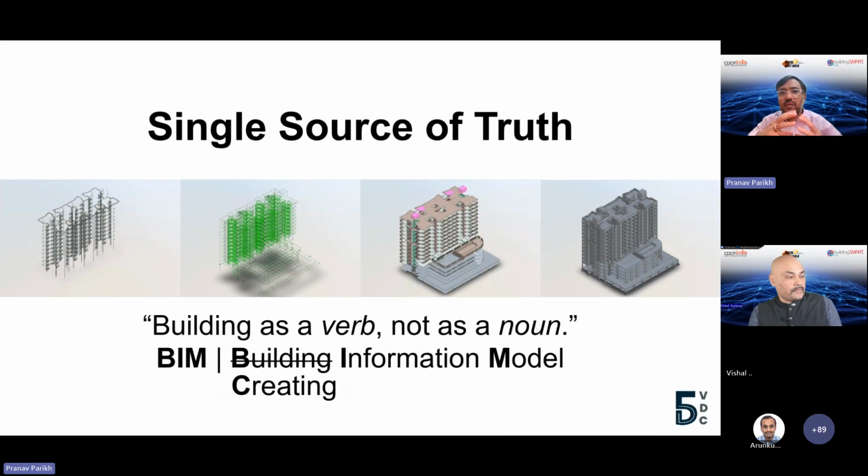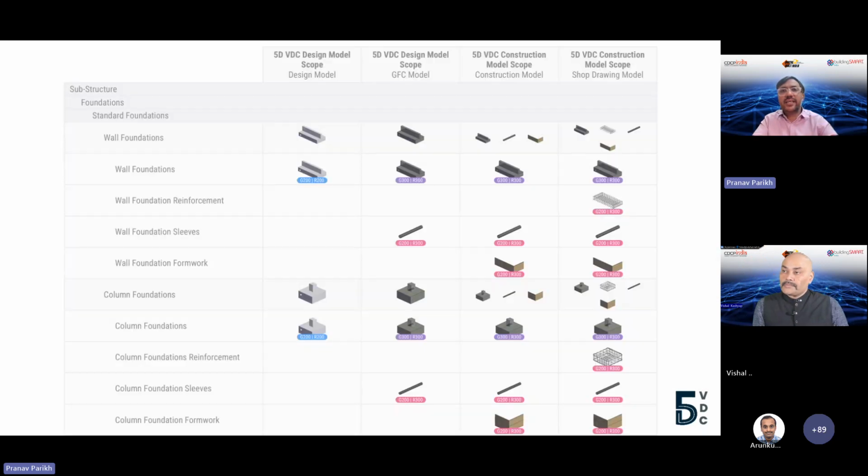Now, we keep talking about single source of truth. So whenever we talk about BIM, one part that we keep on focusing on in BIM, building is a verb. It's not a noun, right? So it's not about building information model as a noun, but it's about creating information model, right? It's not about 3D model. It's about what information I create. So when I'm creating the LOIN requirement for geometry and reliability,